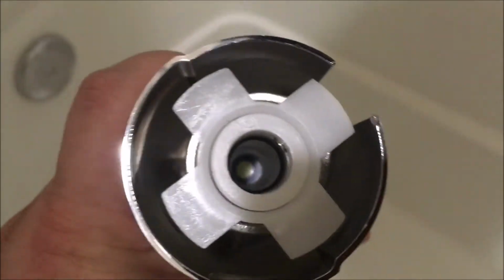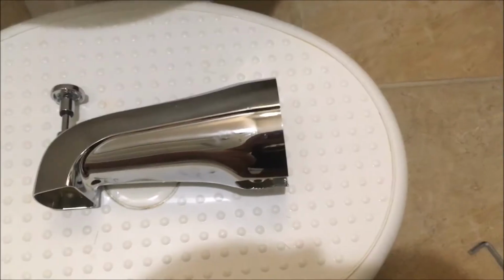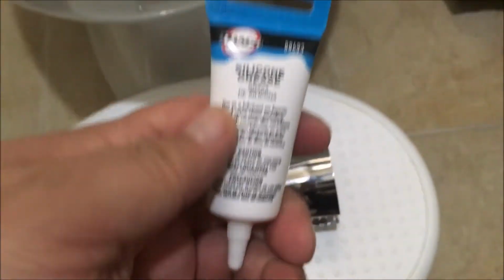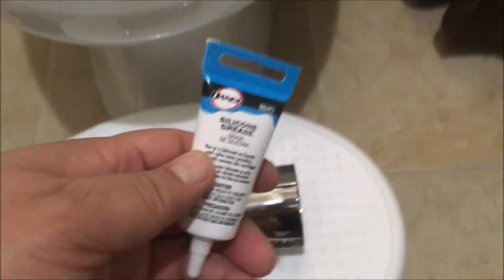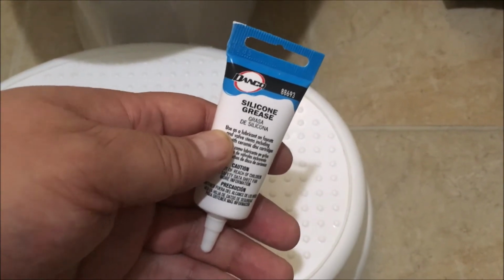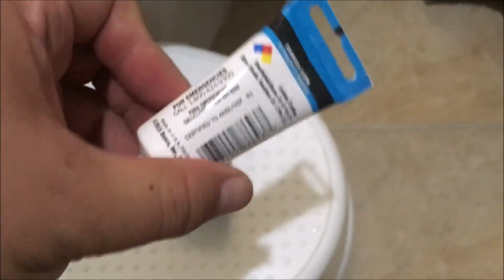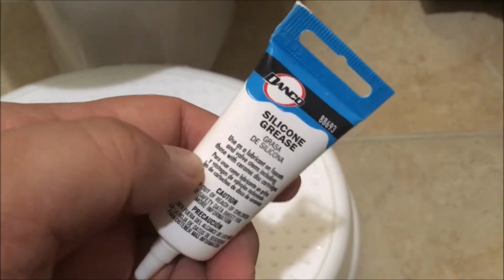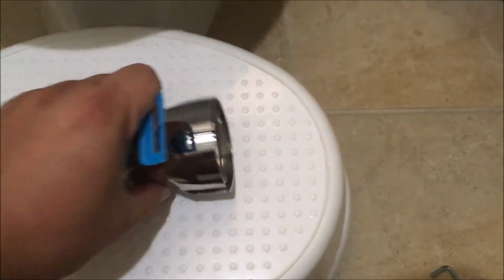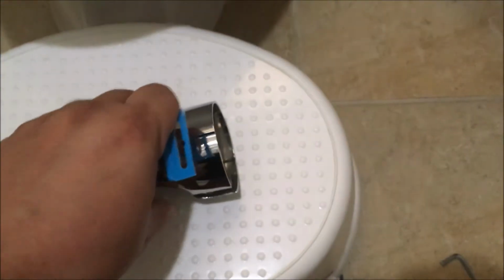You have to use special lubricant so it doesn't dry out. So let me come back and show you what I'm going to use. This is the grease I'm going to use, silicone grease. It's not like petroleum jelly, which would deteriorate the O-ring. This should work just fine. This is for plumbing. And so that rubber O-ring, I might put some petroleum jelly so it goes into the